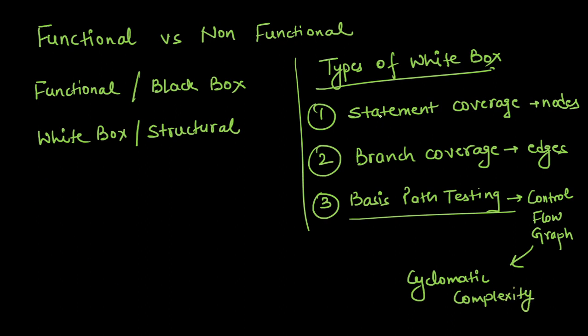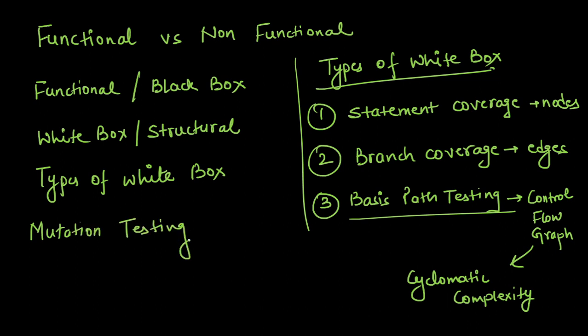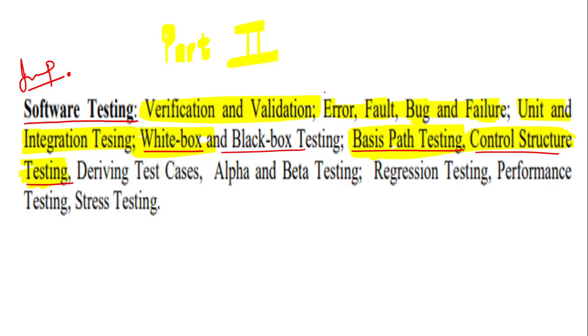Yeah. And then उसके बाद after types of white box what we did, we did a numerical on finding the computation of cyclomatic complexity, that is we have three different methods. And then cyclomatic complexity से हम क्यों करते हैं, to find out the linear independent path. And then उसके बाद we did mutation technique, mutation test. Basically this is what we have done today, and this will help us in doing the basic questions that can come related to software testing if we talk with respect to white box or cyclomatic complexity. So that's it for today.